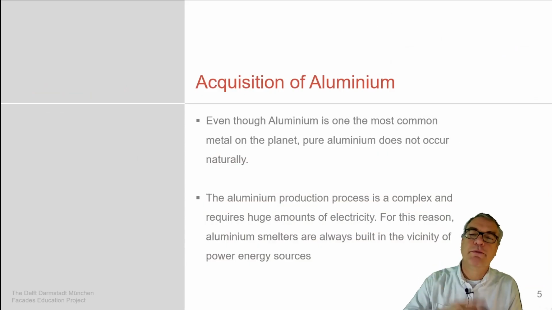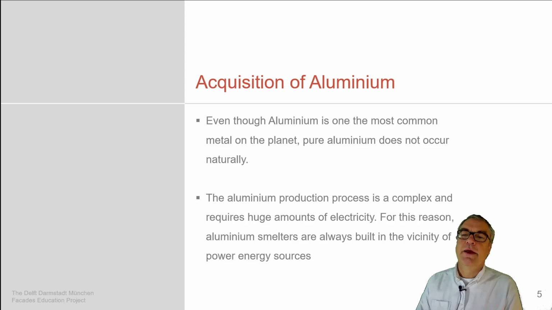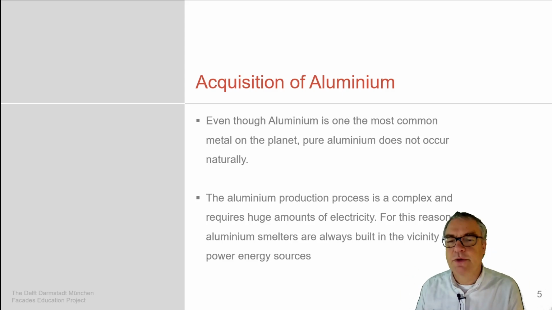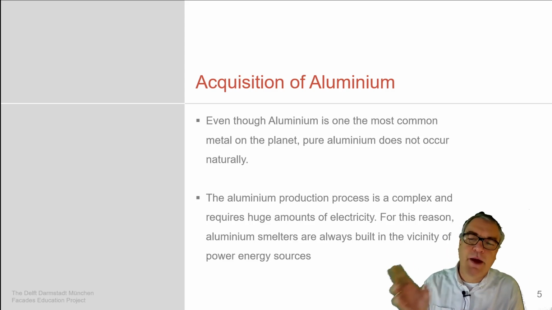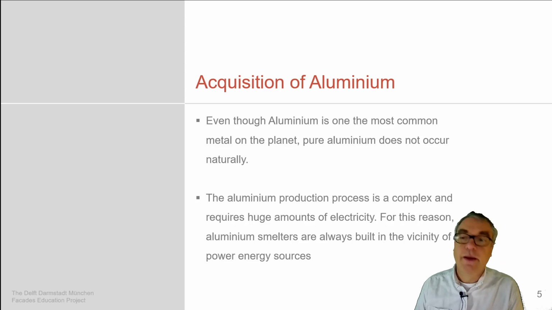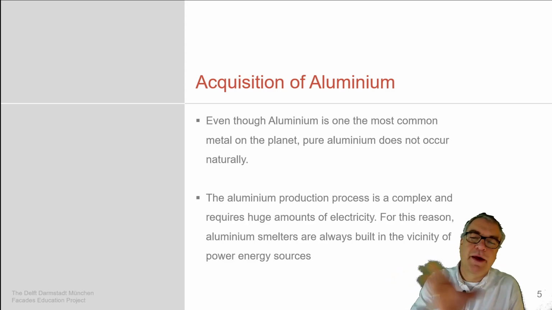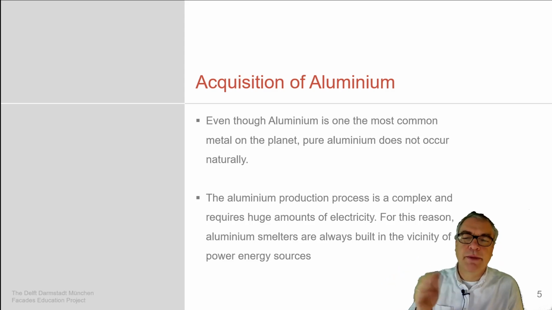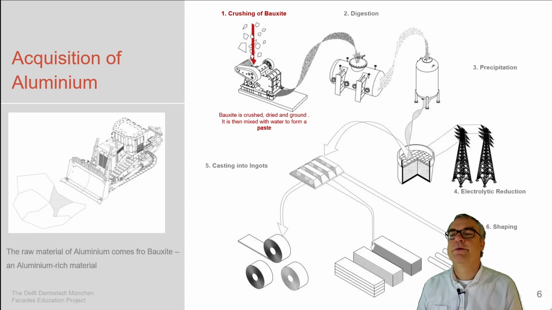It's a very common material in use on our planet. We use it a lot. The production process is not that nice, but recycling is an opportunity which is evolving a lot. So we see a lot of aluminium nowadays not only being harvested on the planet itself, but also being harvested from existing structures, then being recycled for new structures.